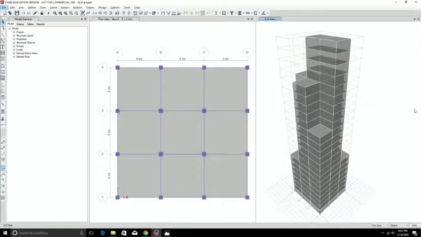Today I am going to do a seismic analysis on a building model. I have already defined the columns, beams and slab and their properties. Now I am going to define a seismic load. For that I have to go to the Design menu